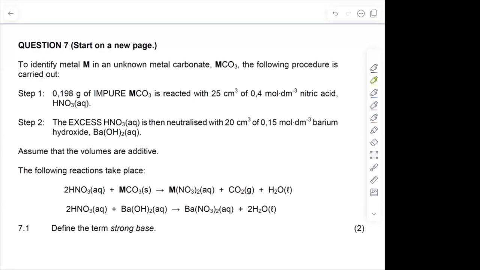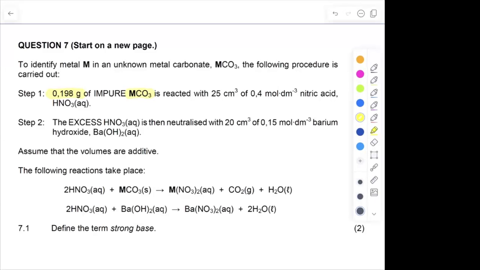All right, so let's look at question 7. Question 7 says, to identify metal M, an unknown metal carbonate, MCO3, the following procedure is carried out. There's step number 1 and then step number 2. Step number 1: 0.198 grams of impure M carbonate is reacted with 25 cubic centimeters